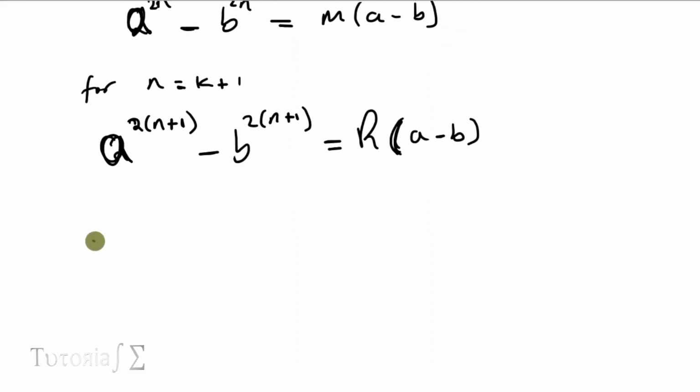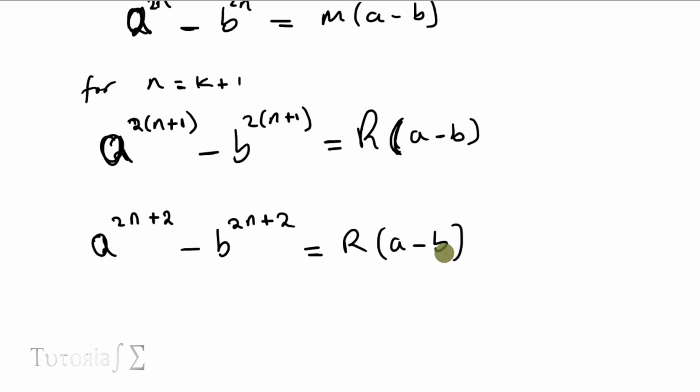So on top there, we have a raised to the power 2, we expand that, that was 2n plus 2, and that side will be b raised to the power 2n plus 2. And this will be equal to r of (a minus b). Okay, now you can use indices here, and note that this is the same thing as